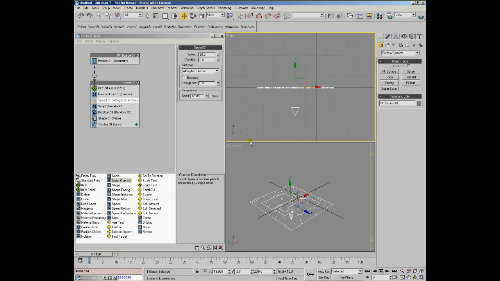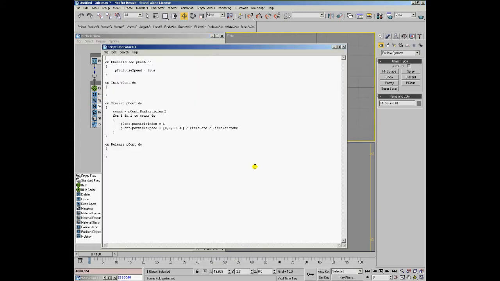Now let's go a step further and see how we can keep the magnitude of the speed assigned by the speed operator, but change the direction of the speed using the script operator. We'll change our code to first read the original speed of the particle from the particle speed property. Then we'll calculate a new speed as a normalized vector